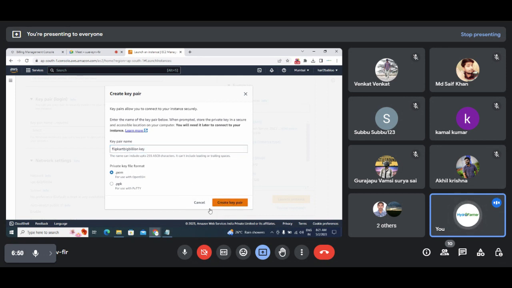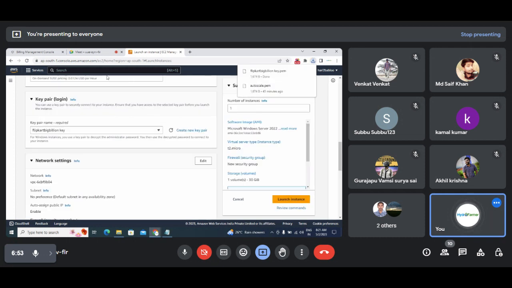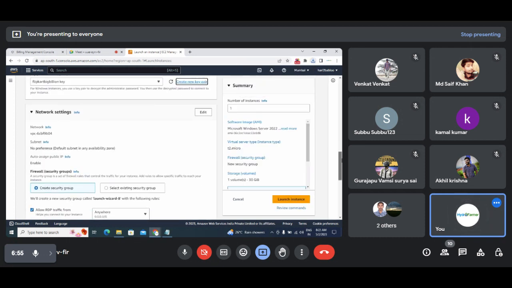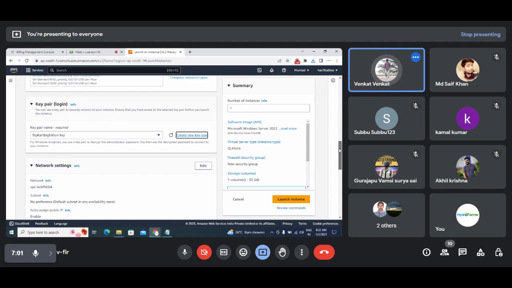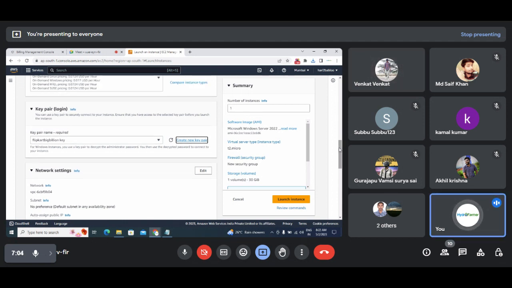So create key pair. Sir, we have the option of choosing PPK file, no? Yes, but for this RDP file for Windows, we need a .pem file only. So for Windows we'll be creating .pem, and for Linux operating system you can go for PPK. Practically, if you have forgot to create this